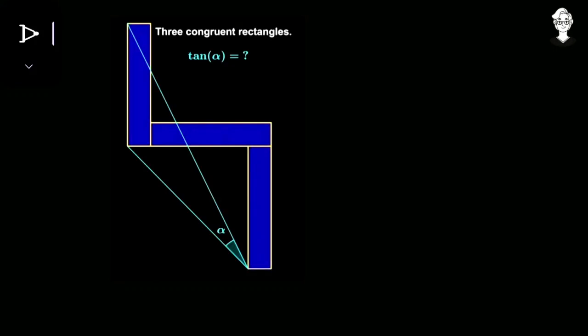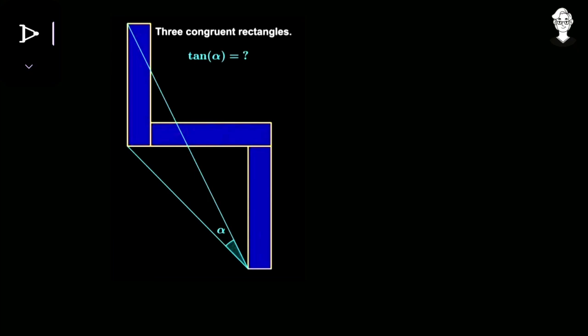So today we have a very interesting and easy geometrical question. The given data is that there are three congruent rectangles that you can see very nicely over there. Congruent rectangles means that their length and breadth are all equal. All you have to do is find the value of tan alpha, that is between these two line segments which